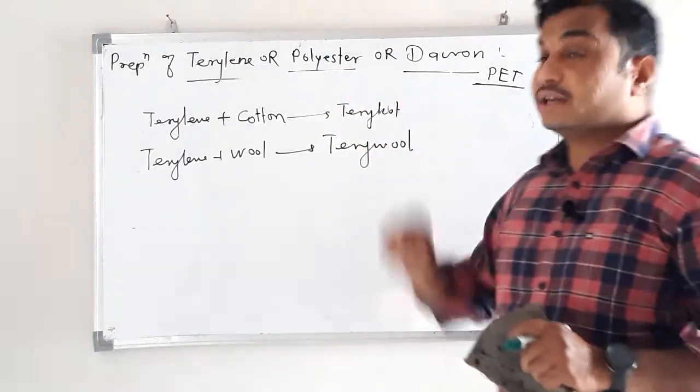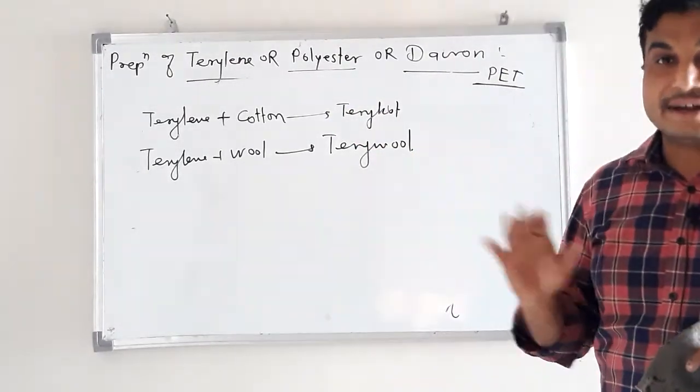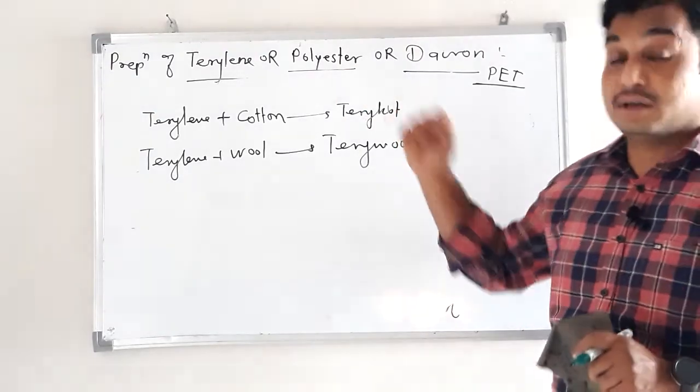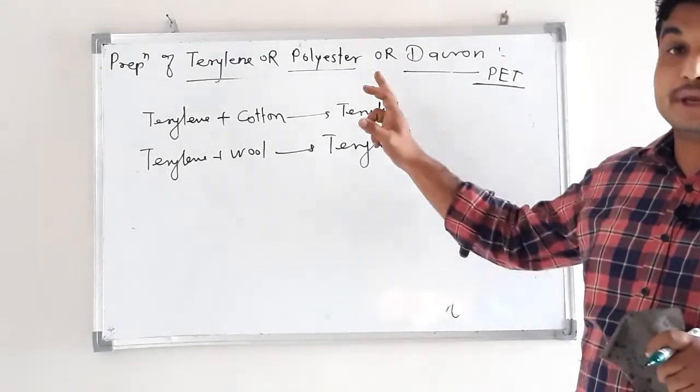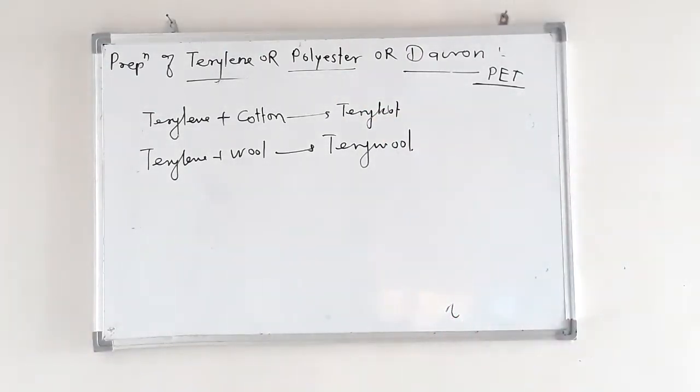Actually this polyester is stable at high temperature, resistant to chemicals, okay, that's why they are very, very important. Now these polymers are actually resistant to heat also, chemicals, light, moth, bacteria, etc. A very important property of this terylene is that they absorb very little water and dry quickly. That's why they are very important, dry quickly.